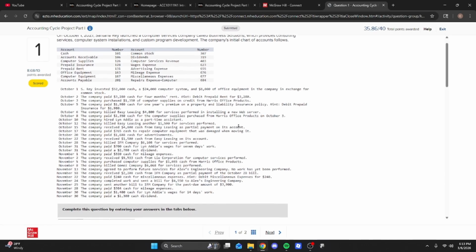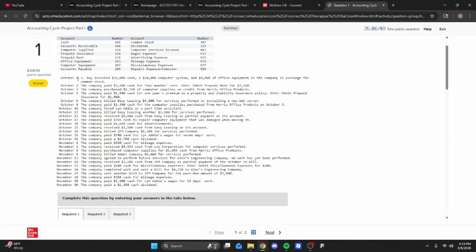So each transaction is going to have a date that's associated with it, and each one is going to have their own explanation of what happened. We have to take this information and contribute them into different journal entries. For example, October 1st, S. Ray invested $52,000 in cash, a $24,000 computer system, and $8,000 of office equipment into the company in exchange for